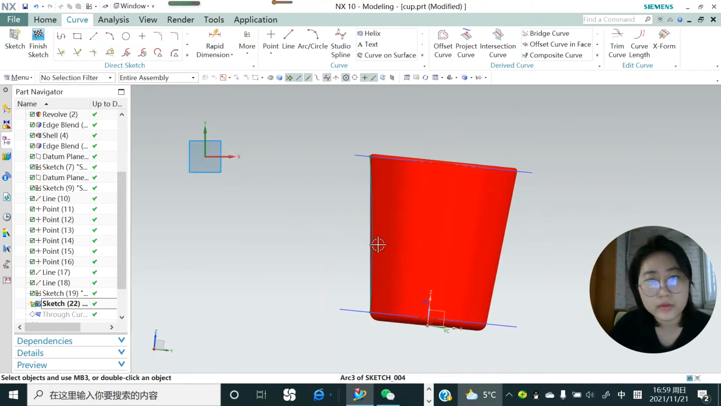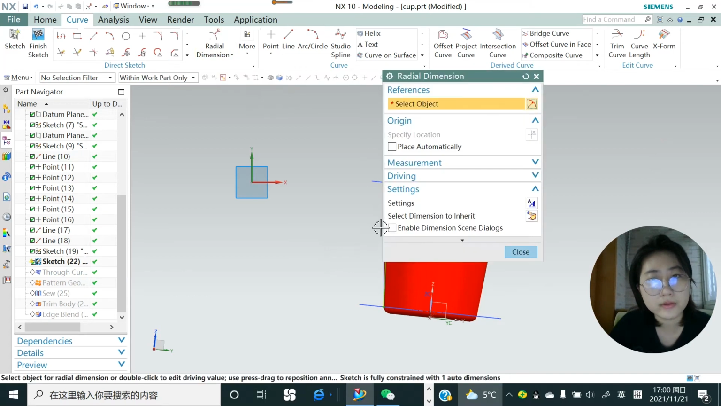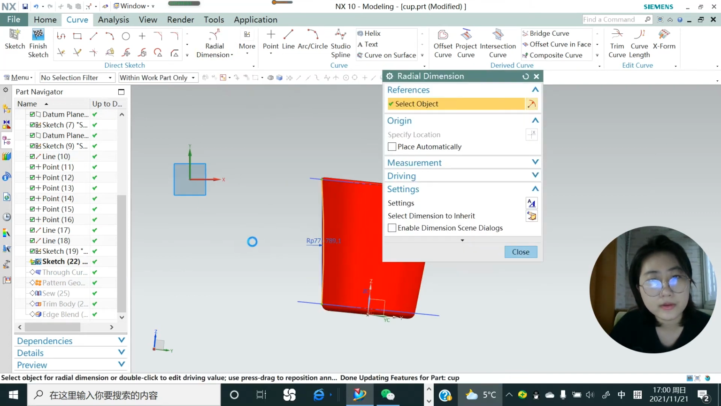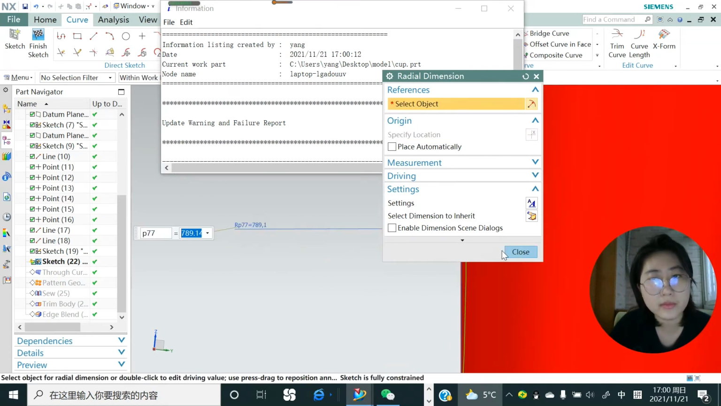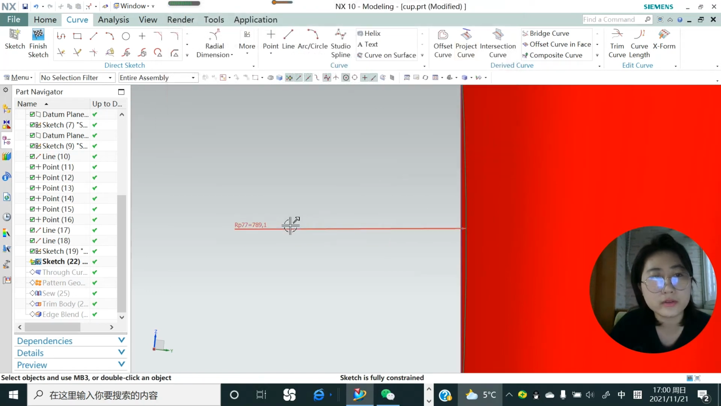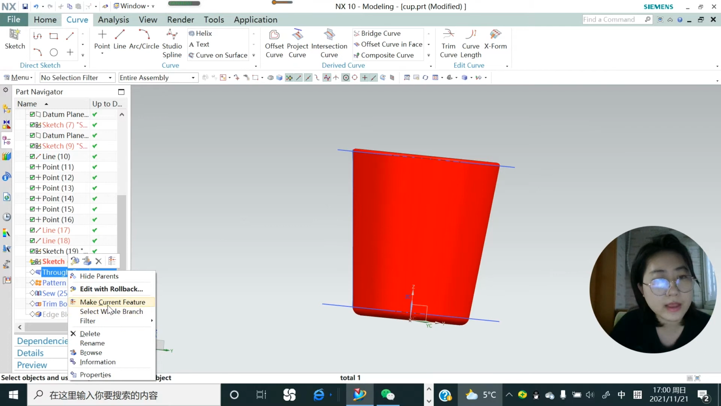I draw this curve and I just give a radius of this curve. Let's calculate this. It is 789.1 for this radius. Let's finish the sketch. And going to the next step,